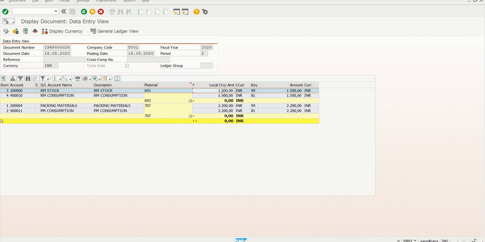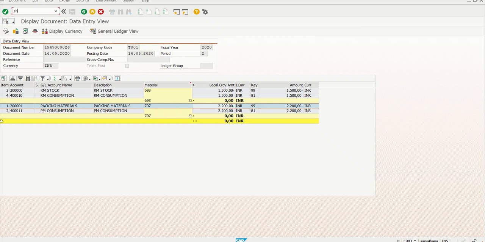Whatever difference is there is going to update as a variance, that is input price variance. And here 2200. Earlier the price was 2000 when we did the standard cost estimate, but when we are doing actual goods issue to the production, the price has changed from 2000 to 2200. The difference between these two is going to update as a variance.